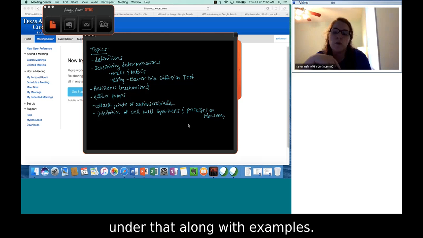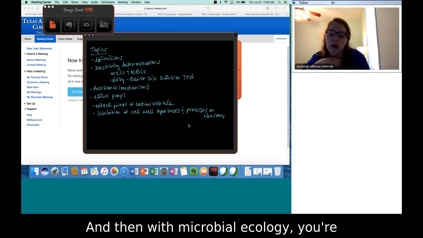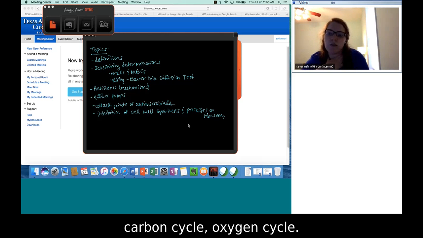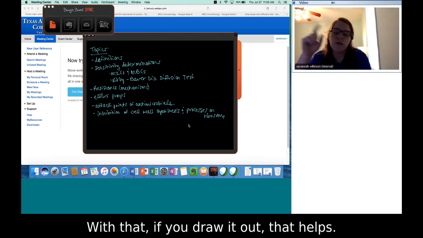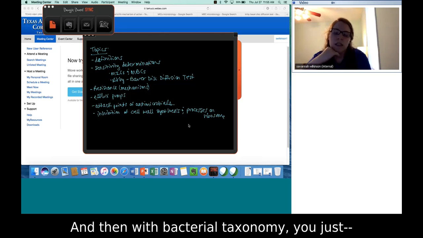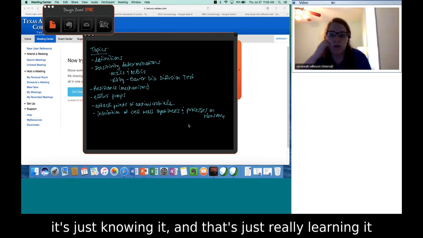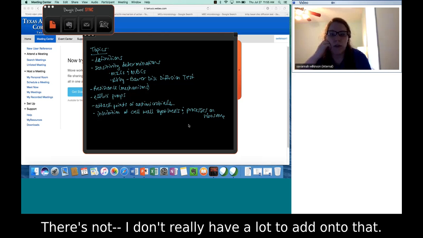along with examples. And then with microbial ecology, you're going to be getting into the cycles, like nitrogen cycle, carbon cycle, oxygen cycle. So with that, if you draw it out, that helps. And then with bacterial taxonomy, a lot of that is classification. There's not really a lot that I can contribute to that. It's just knowing it, and that's just really like learning it from PowerPoint. I don't really have a lot to add on to that. But